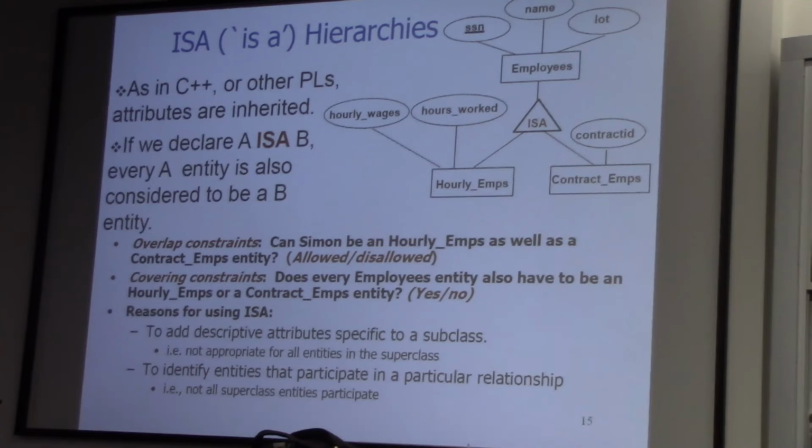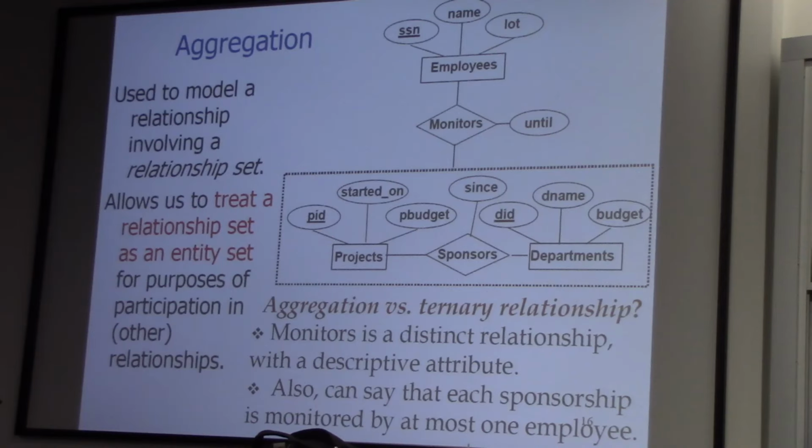So if I ask you to do this using an object-oriented programming approach, you all know you're going to design a parent class called employees with member variables such as social security number, name, and lot. And you're going to have two children classes, in this particular case, hourly employee and contract employee, with specific attributes. Similarly, in ER, you can do something similar, but we don't call this inheritance,